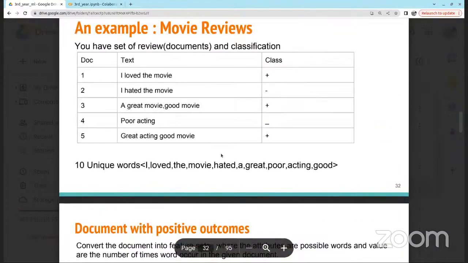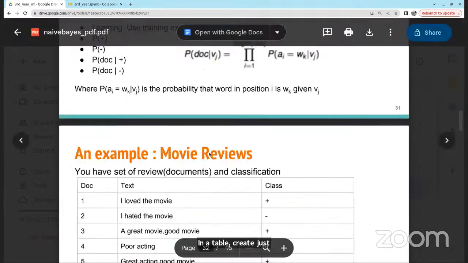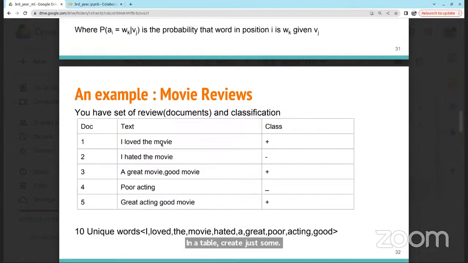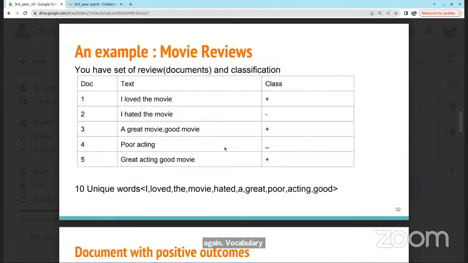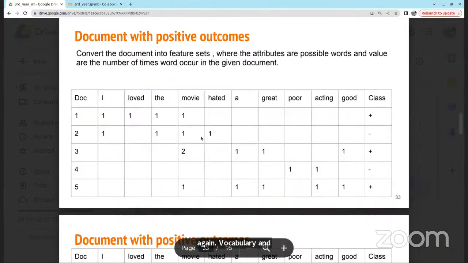ఇలా టేబుల్ క్రియేట్ చేస్తాం బేసిక్‌గా. మీకు ఇందులో ఏ వర్డ్స్ ఉన్నాయి, ఇప్పుడు స్పేస్ ఉంది, "I loved the movie" అని ఉంది అనుకోండి, ఈ స్పేస్ బట్టి స్ప్లిట్ చేస్తే మనకి I, loved, the, movie అని ఇలా విడివిడిగా వస్తాయి. వచ్చినప్పుడు వాటిని వొకాబులరీ అంటాం. ఒకసారి వొకాబులరీ వస్తే దాన్ని ఇలా ఒక టేబుల్‌లా క్రియేట్ చేస్తాం.